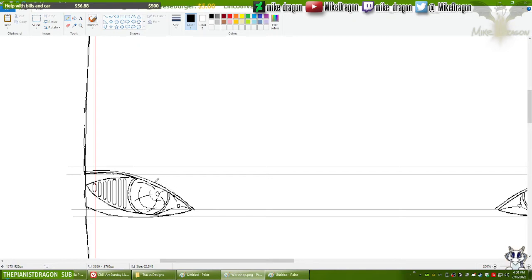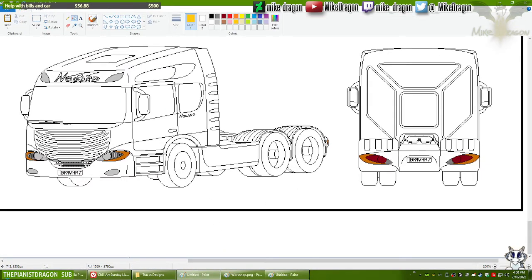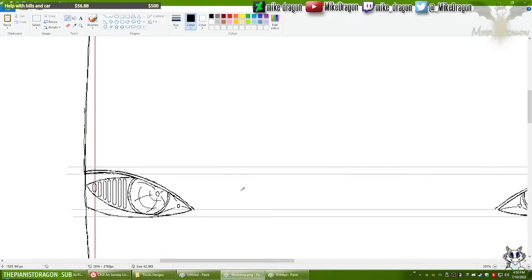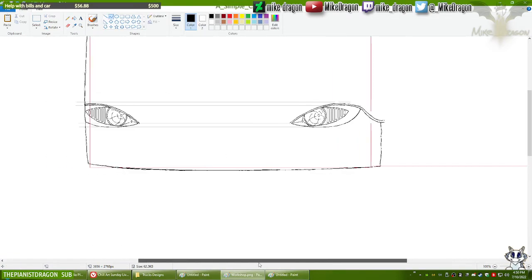After I am done with this line, I think I will try to draw the bumper itself, including the radiator grill that is on the bumper. Well, part of the radiator grill anyway. No, this opening here. Go, save.